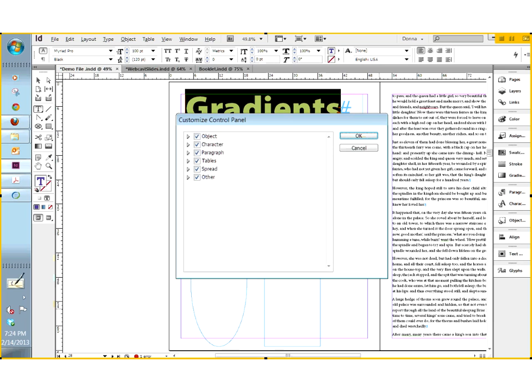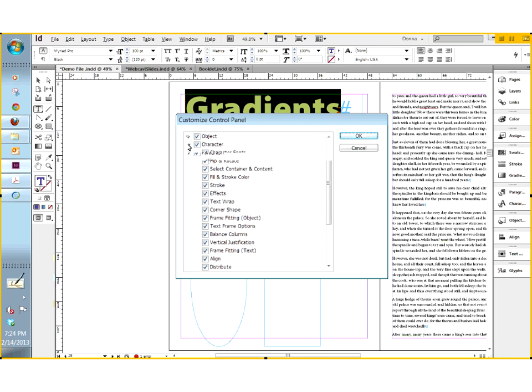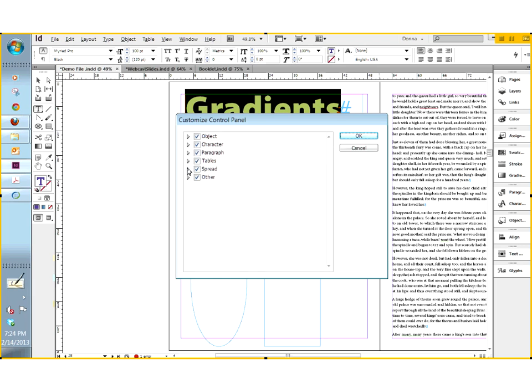So if I can't see a particular panel option that I want, I can go through here and delete some of the options that are showing up, and it will tend to squeeze those other things that I really want. For instance, I'd really like to see Quick Apply, but there's no room for it up here. So maybe I would say I don't want my alignment tools, or I don't really need my underline, skew, vertical scale, something like that. Now in this case I really would like those,